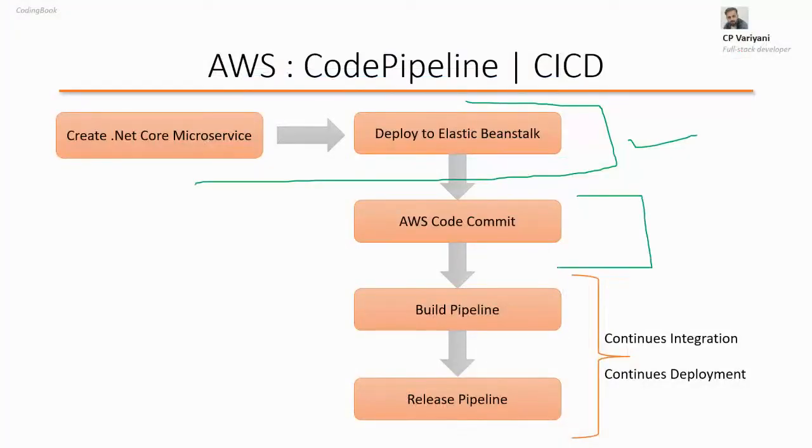In the next part, at first we'll cover this AWS CodeCommit. Whatever code we have done, we will push to this repository, and then in the last part, the part third, we will cover this CodePipeline build and the release one. So that's all for the part two. Let's continue in the next part.